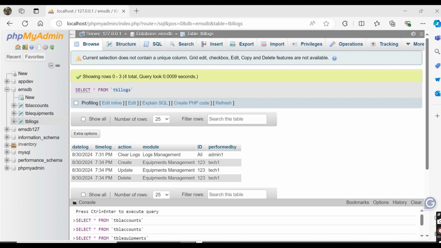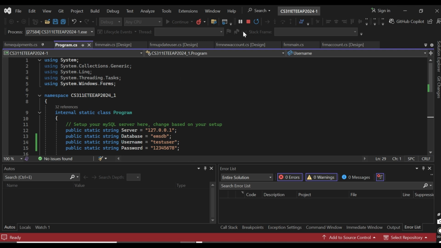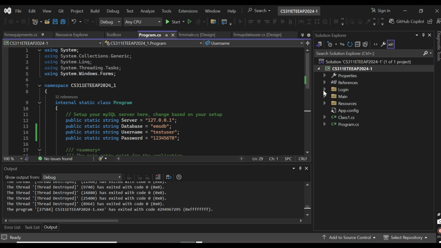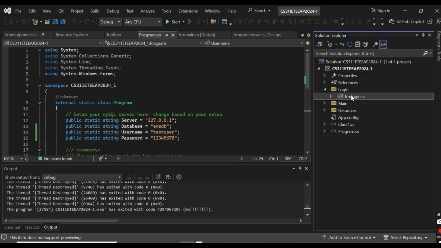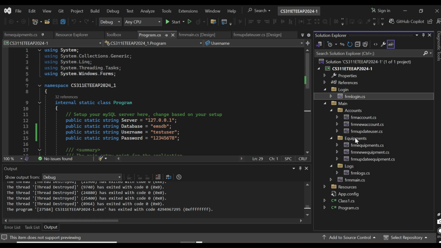So for the code that I use for this, it's here. So we have again login. This is the login, and we also have the main. So for the main as administrator, we have the accounts, equipments, and logs.